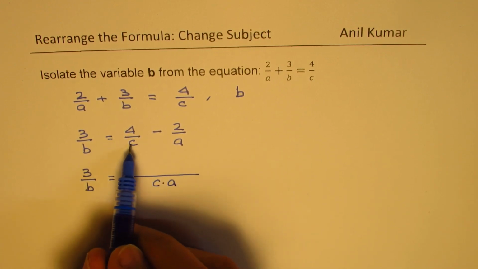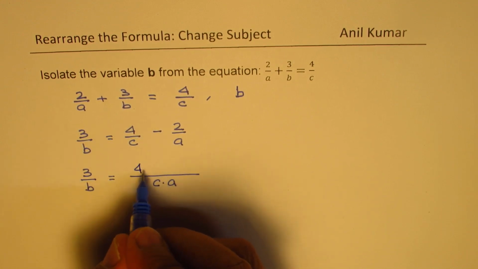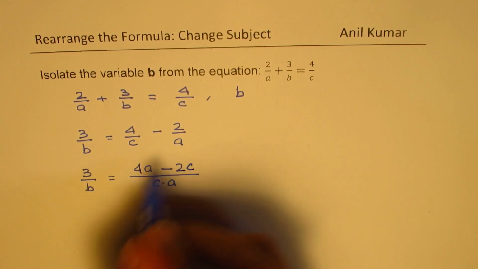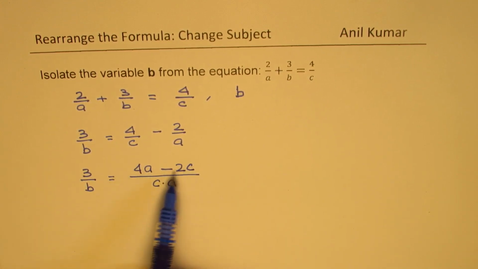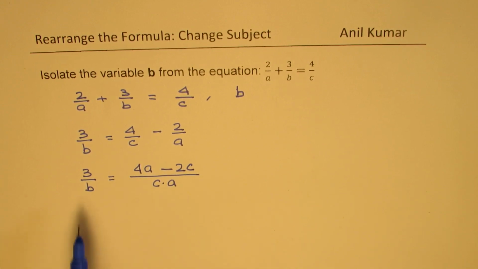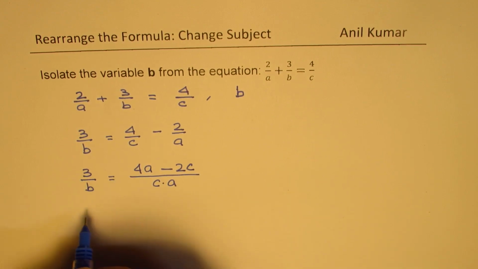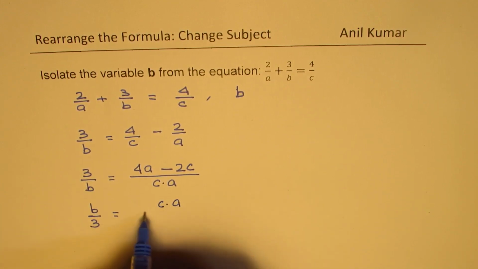Now to get ca in the denominator, I have to multiply the numerator by a. So I get 4a here minus 2 times c. Correct? So we did the common denominator and then we got one particular expression. Now it is kind of ratios, right? At this stage we can flip and then write this as b over 3 equals c times a over 4a